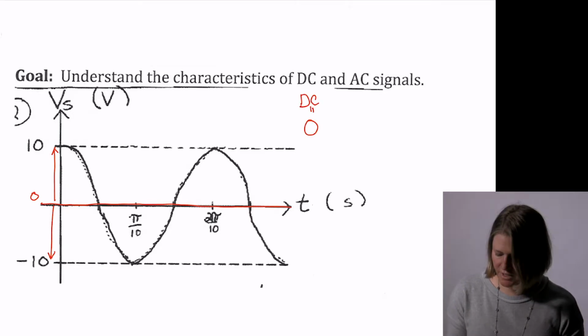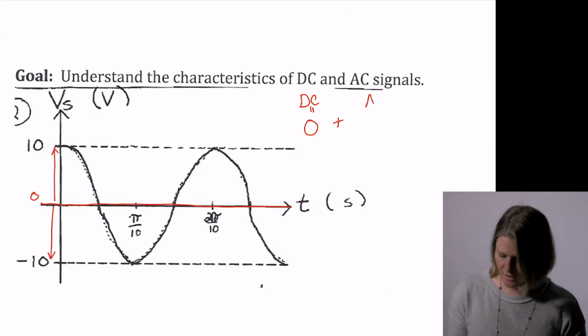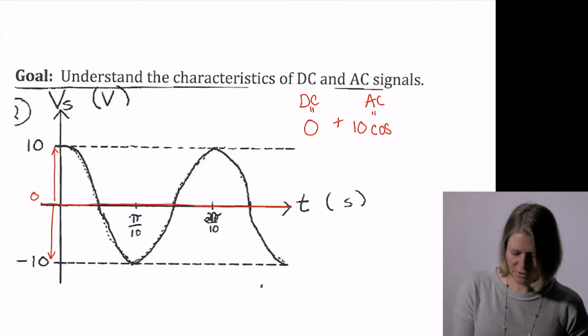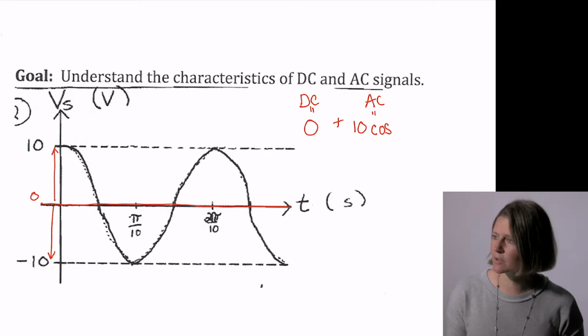And so our DC component of this would be 0, and our AC is going to be the sinusoidal signal itself. So this looks like, with this value starting at 0 would be a 1, this would be a cosine,